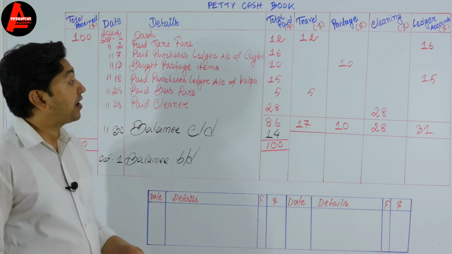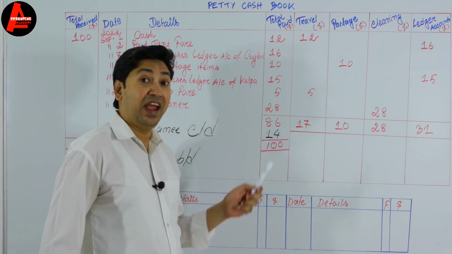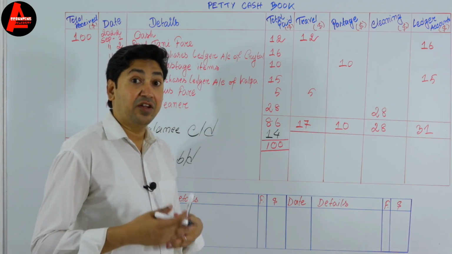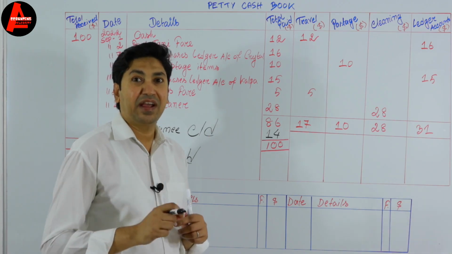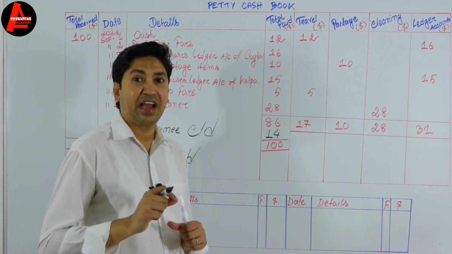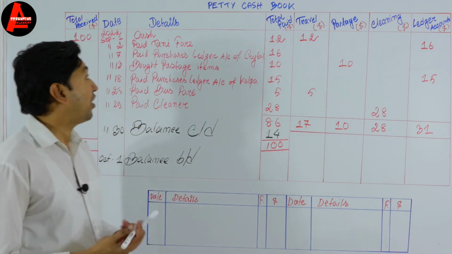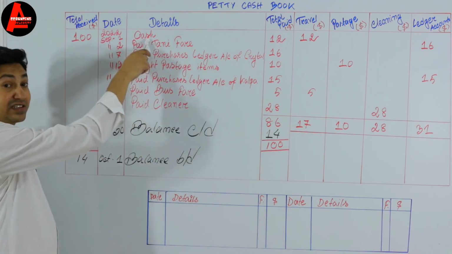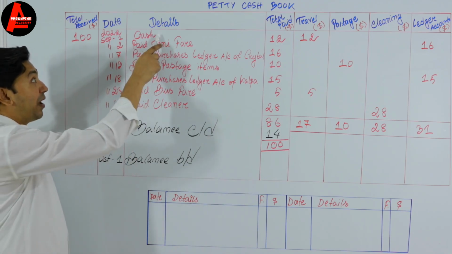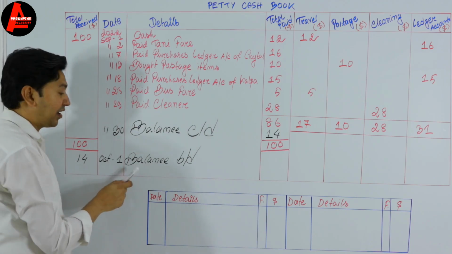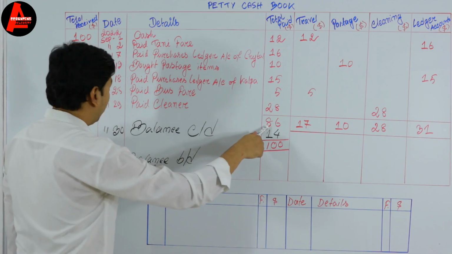The amount he spent for the month of September, he will take this money at the beginning of the month of October, to make his imprest amount, his petty cash amount, $100. So same thing, what we wrote here? We wrote here cash. Same, we will write here cash. If we write here bank, we will also write here bank. So let us write here cash. So this amount will come here,